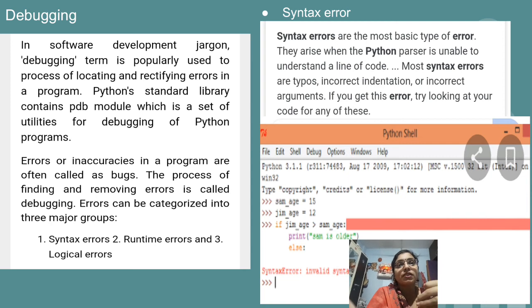After that there is an else, but as we all know, else is a part of the if statement only. So in this example you will get an error message. Why? Because the else should be placed exactly below the if statement. We have to indent that else just below the if, not below the print statement. This is the reason why the system will give you a syntax error, invalid syntax, because the else is not at the proper position, or proper indentation is not there. This is called a syntax error.